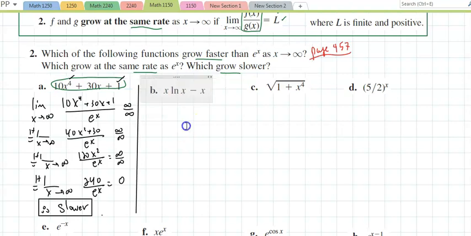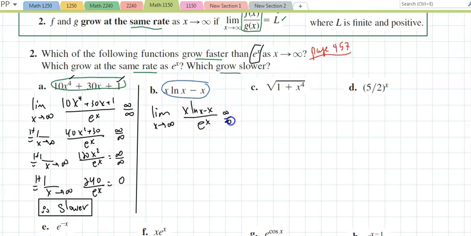So anytime I want to compare two functions, I take the limit as x approaches infinity. You could do this in any order you want. I'm gonna match it with e to the x by putting e to the x in the denominator. And this way, if I get the limit to be a number, they're growing at the same rate. If I get the limit to be 0, e to the x is dominating, which means this is slower. And if I get infinity, that means that function is growing faster. Well, this is infinity over infinity,